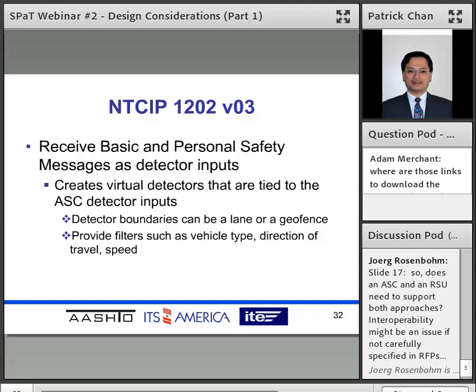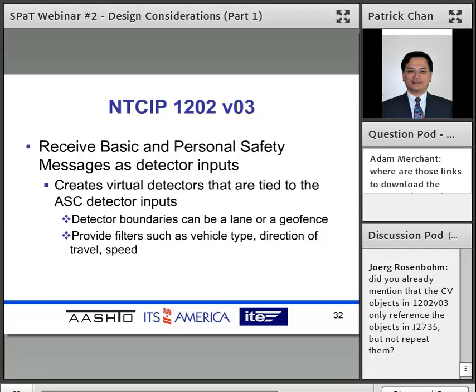A valid map is being broadcasted, but also provide a check that mutually exclusive enabled lanes are not in effect. And finally, we also added objects to support the basic safety, to use basic safety messages and personal safety messages